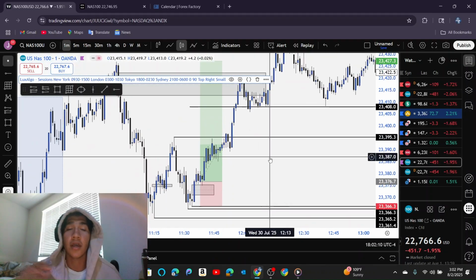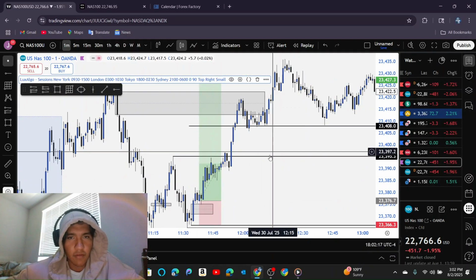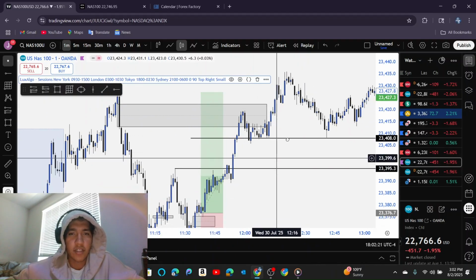I should have let it ride, but I was very impatient. So yeah, it was kind of close. We could have easily targeted this fair value gap as a price, or a take profit, just because